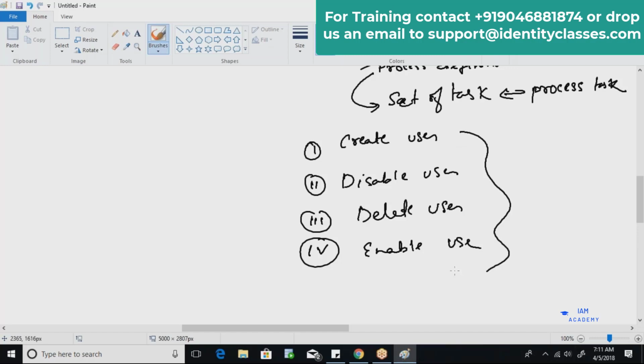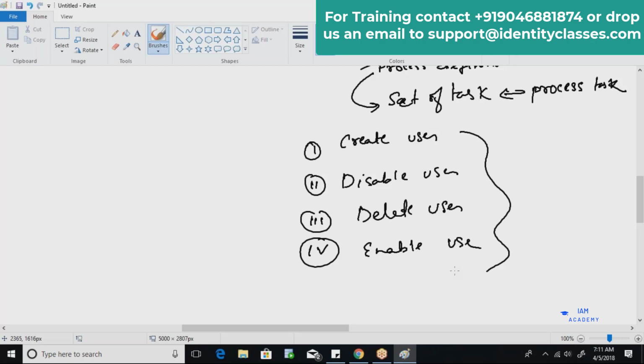Now, what does create user mean? Create user is a task which is going to create a user in the target system. Here, in the AppBee database, we are trying to create a user from the OIM system to the target system. Sometimes it may happen that you want to disable a user in the target system. For that, we are going to run the disable user task.